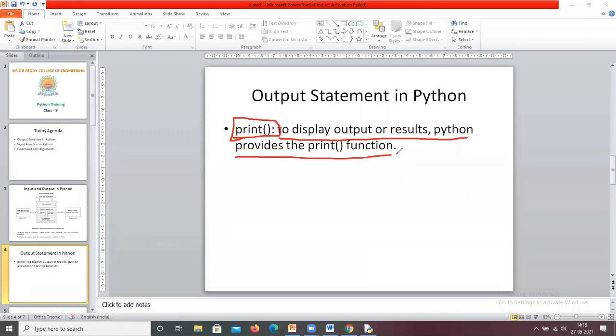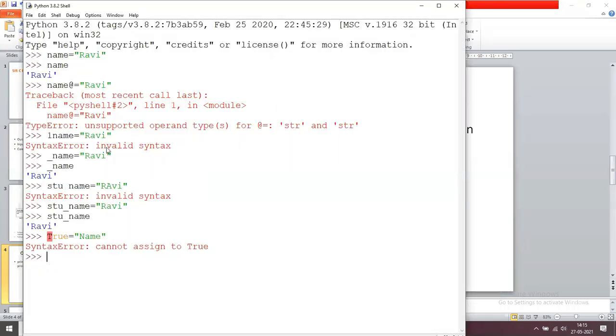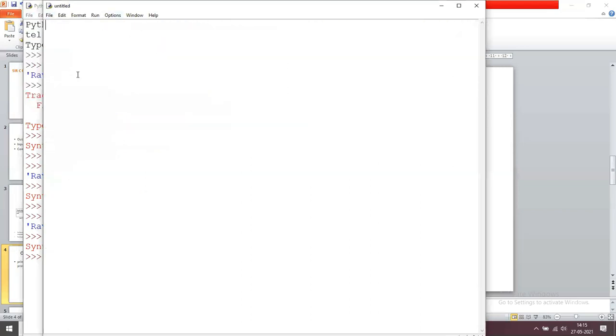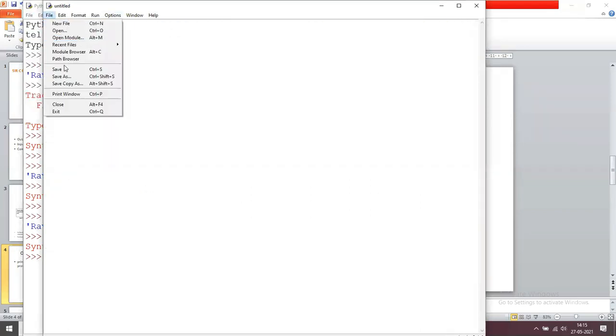To display the output or results in Python, we use the print function. So for displaying the output, Python provides the print function. Now we check that. First we save this program.